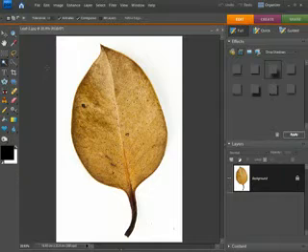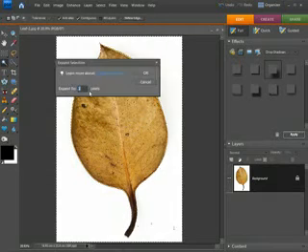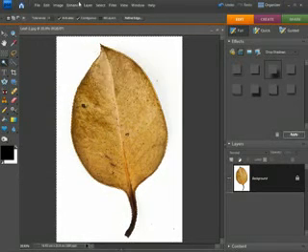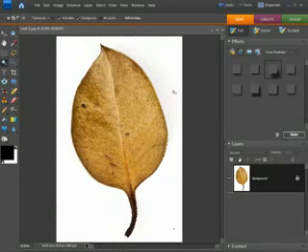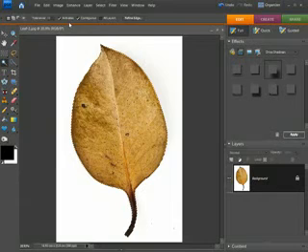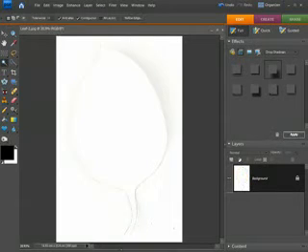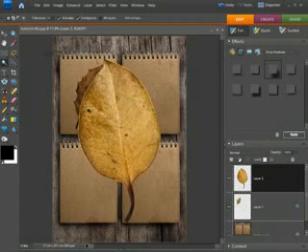So I'm going to get the magic wand tool, click on the white area, go to Select, Modify, and expand. Expand it by 2 pixels. Back to select, feather, feather it by 1 pixel. Back to select and inverse. And then we can come up to edit and choose cut. Great, close that down. Don't save the changes. Edit and paste. So there we are, leaf number 2 in place.